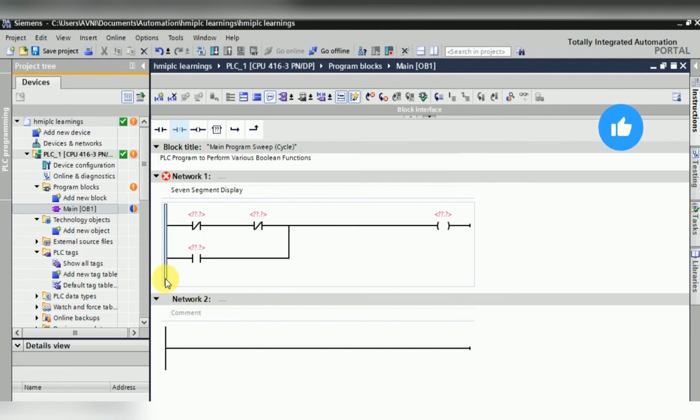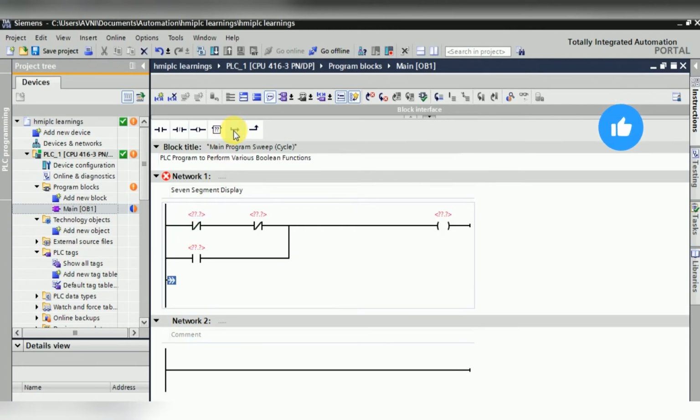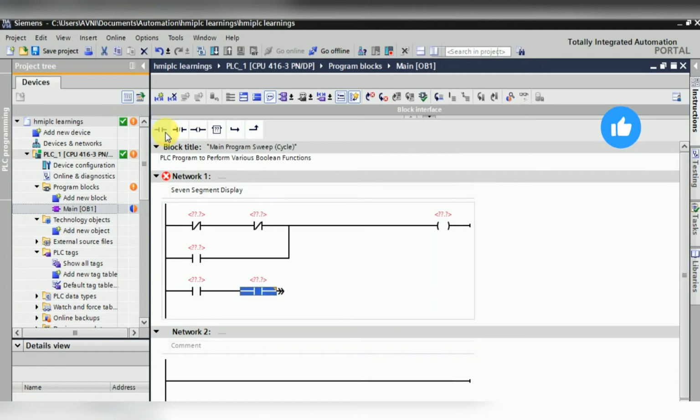Network 1 is developed to obtain output Y1, Q0.0, according to the condition that when the majority of inputs are high, output